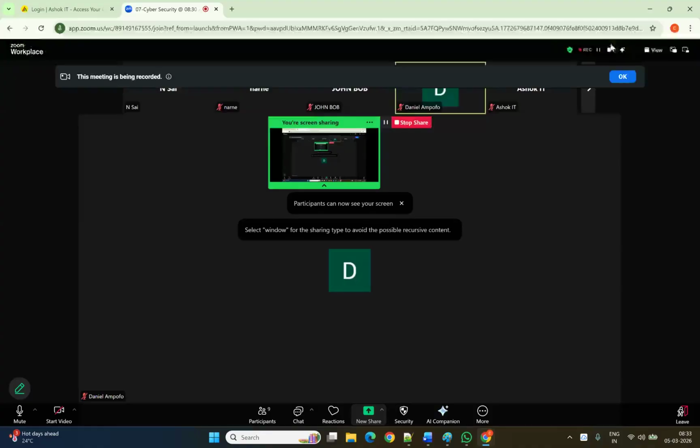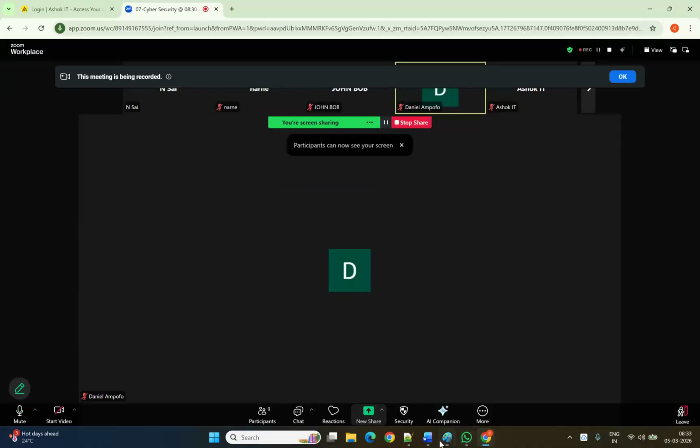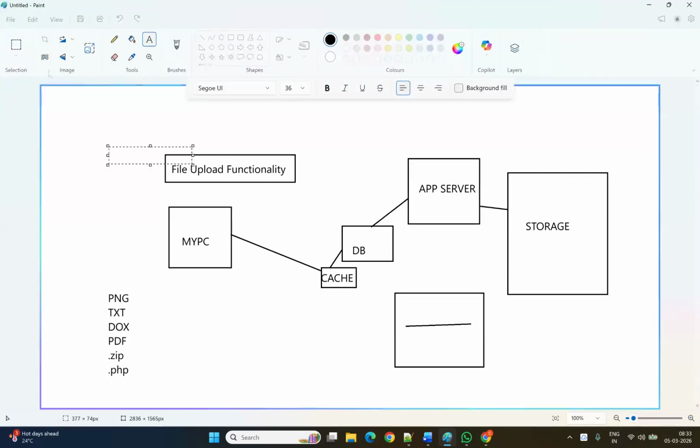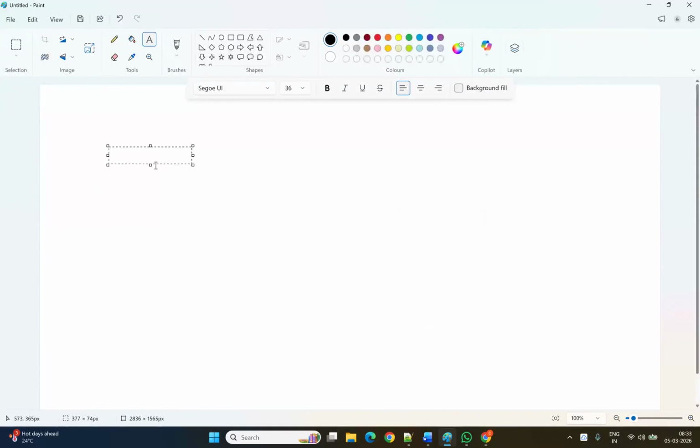Fine. Perfect. Thank you. So we have seen a few commands about Linux yesterday, right? LS is there, mkdir is there, dir is there, cat is there, rm is there,